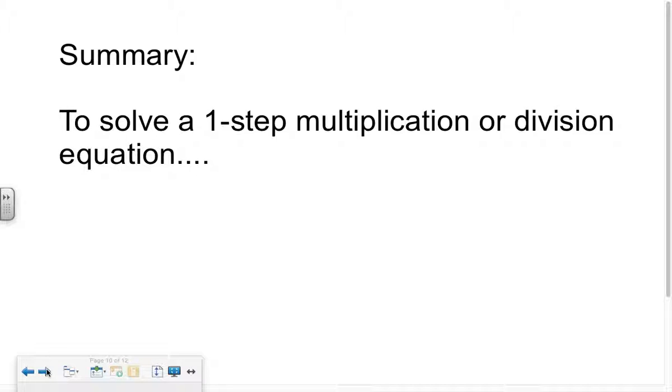Summary. To solve a one-step multiplication or division equation,